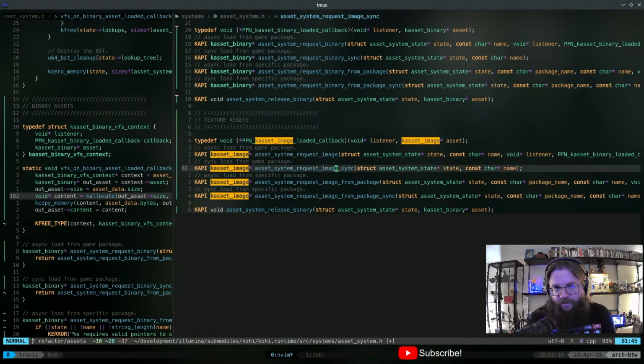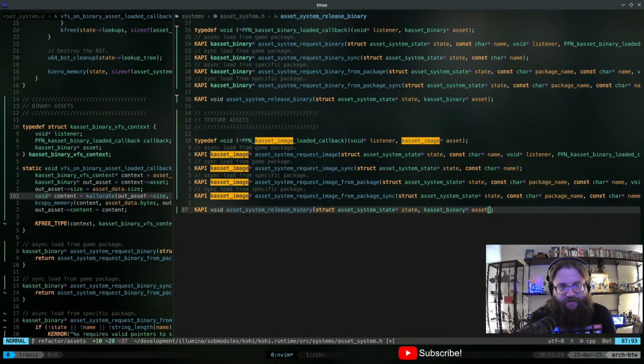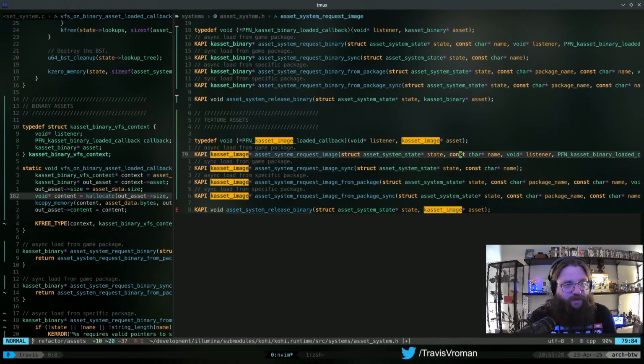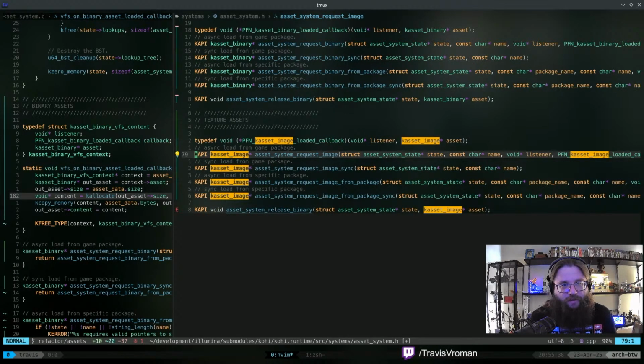And then, let's see. We'll come back to the callback in just a second. I just want to hit this guy here once. All right, so we do need image there as well, so that we use the correct function pointer. Now,